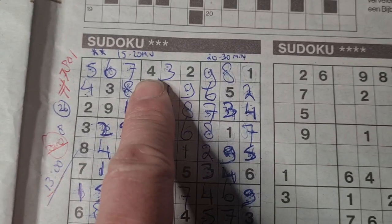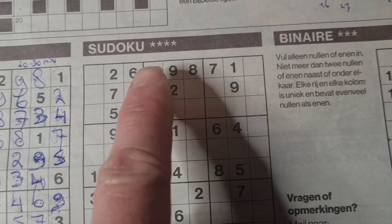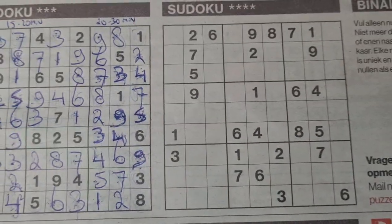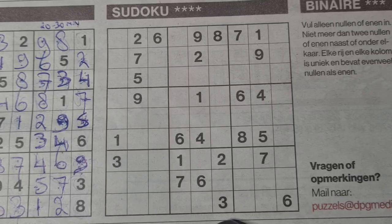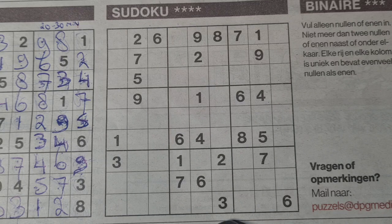We have already solved one puzzle of the 3-star Sudoku. We have two puzzles left, regular puzzles, the 4-star Sudoku and binary. And in the evening, as I've showed you earlier, we have also an additional one with 7 extra puzzles. 4 of them I will solve in the evening. But let me continue with this one, the 4-star Sudoku